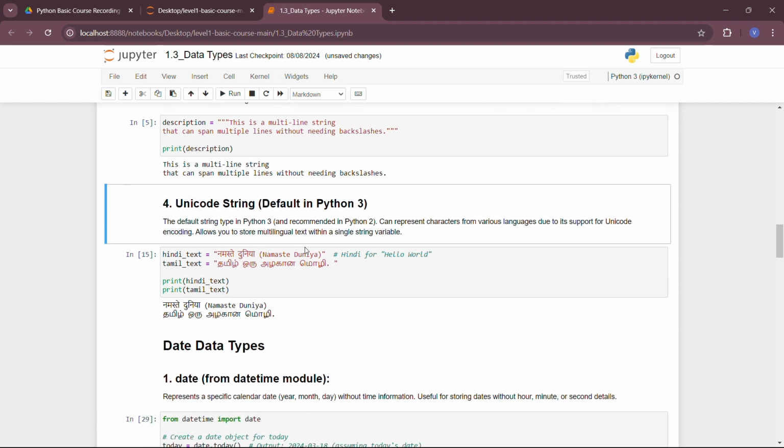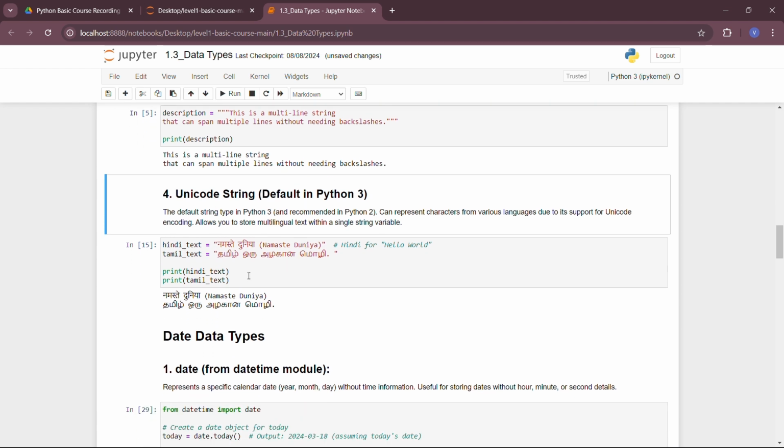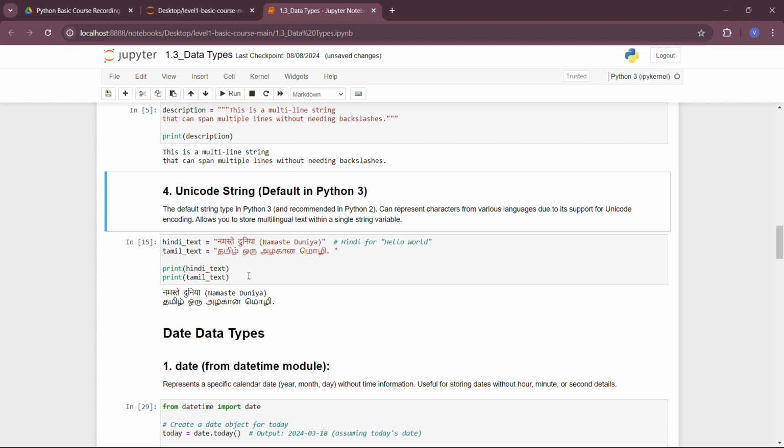Fine. Next is an important topic, that is Unicode string. Whenever we go to an ATM, we can process our transaction in our own regional languages or different languages. That is a good example to represent a Unicode string.